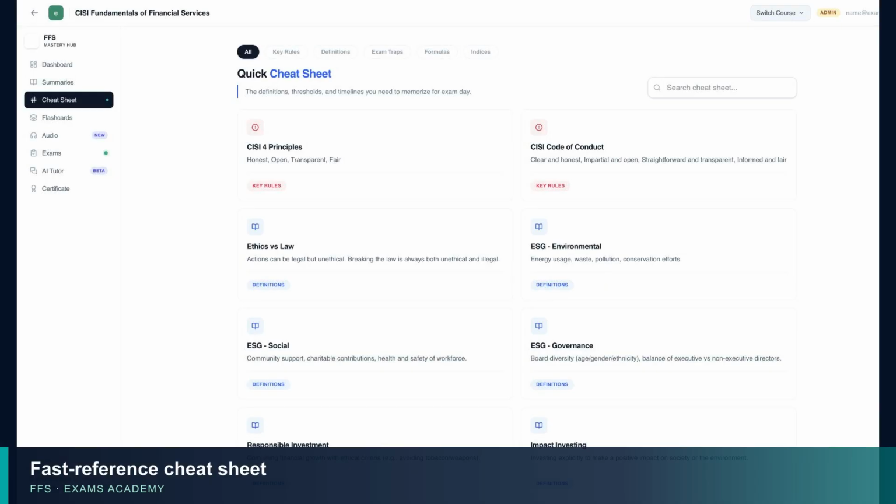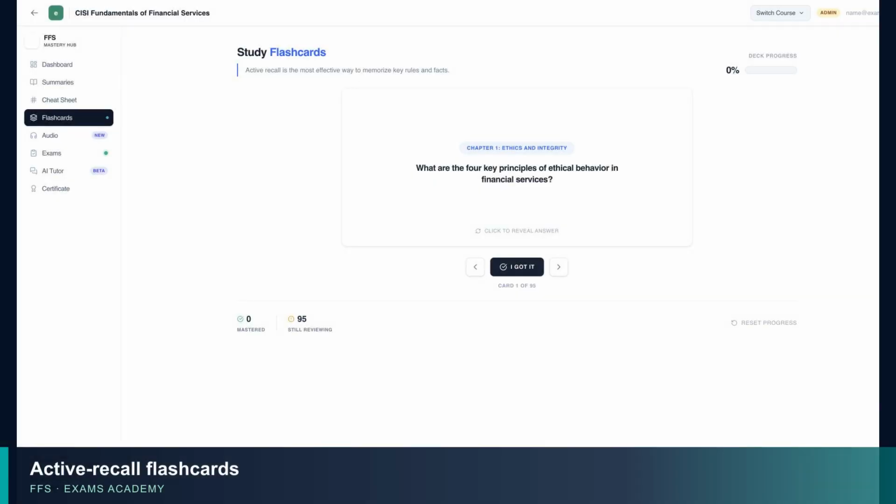Use the searchable cheat sheet for rapid revision of important terms, distinctions, rules, and high-value facts before practice. Build recall with interactive flashcards, monitor your progress, and revisit difficult cards until key ideas are easier to retrieve under